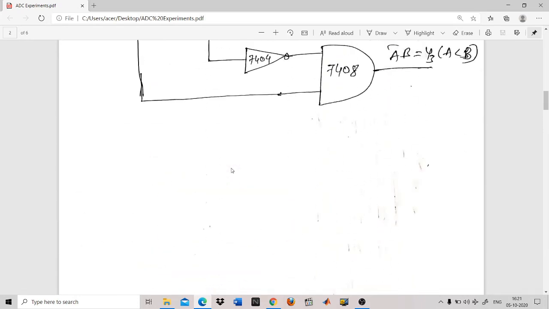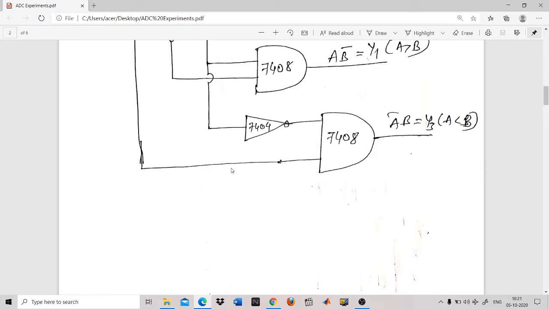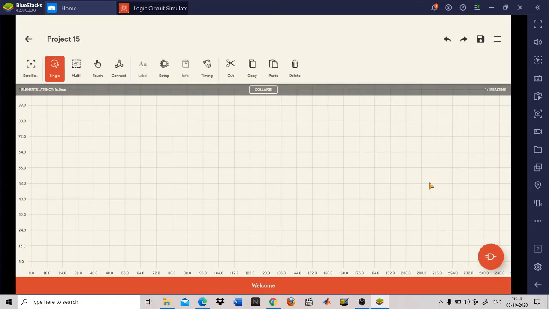Now we will try to understand this by using our Simulator Pro. We'll try to verify whether the one bit comparator is successfully verified or not. So now we will try to realize the one bit comparator using Logic Circuit Simulator Pro. It is expected that you download this app from your Play Store and try to realize some simple and complicated logic circuits using this app. This app is very simple to use. This is the window from where we will try to realize our one bit comparator.